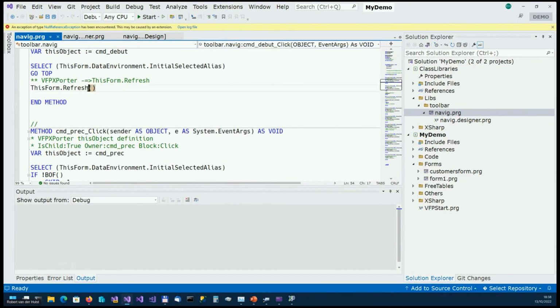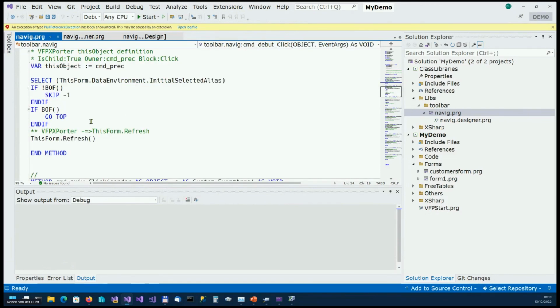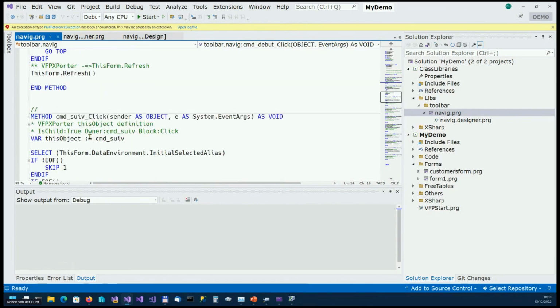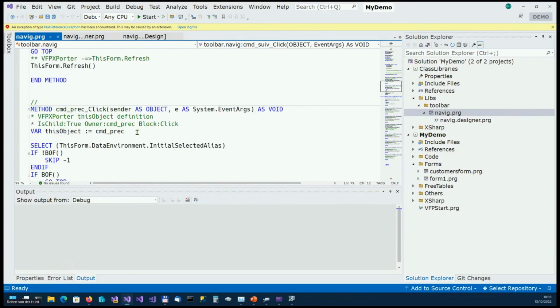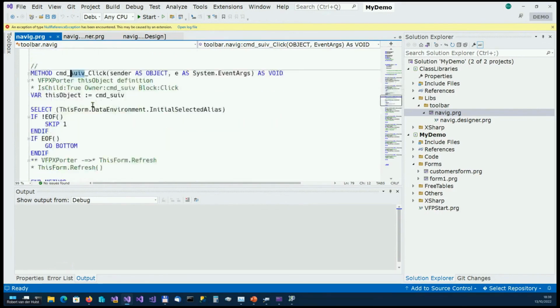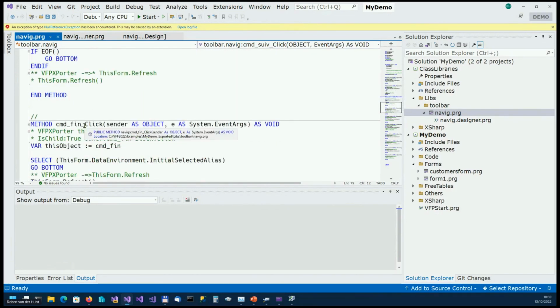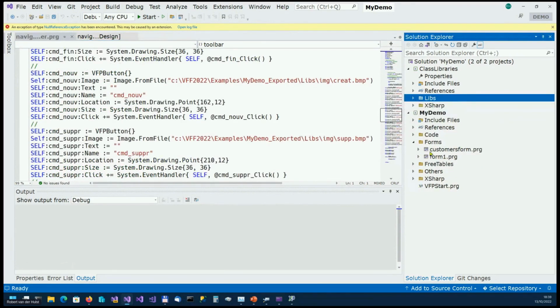They will probably remove that later. But I know the original code didn't have the parentheses, and we need the parentheses for a method or function call. But this is normal FoxPro code, I would say, with the select, the BOF, etc. As you can see, this is coming from a French user, so suivre means, I have no idea, next or previous, one of the two. Debut is stop, I think, and fin is end. So you see all these event handlers are there, and the form itself